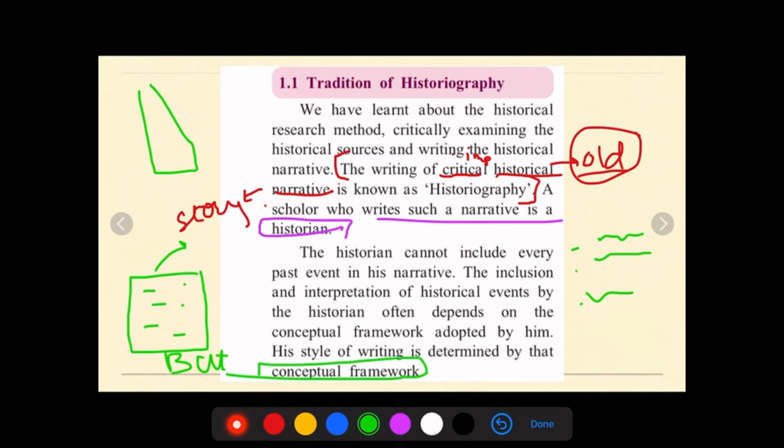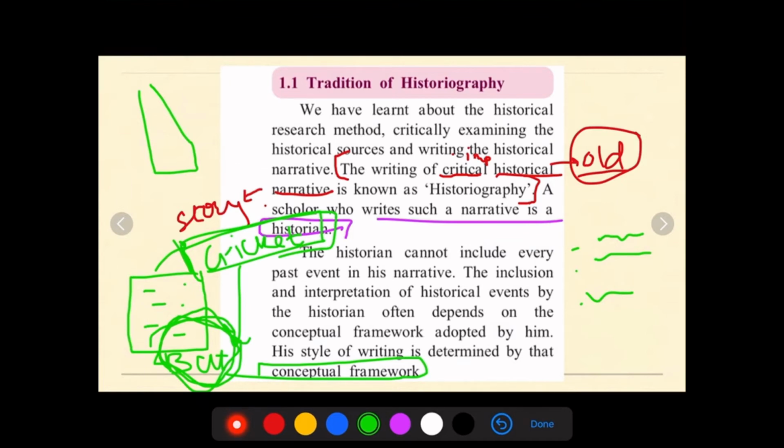Are you getting it? So the topic is about cricket, and the bat is part of the sport of cricket, but I don't want to study all about cricket, the stumps and all, or the ground, and what is the size of the ground, how many people are playing. So I don't want to study it. I just want to study about the bat, the evolution of the bat. If I want to study only that, this is my conceptual framework, only a particular part. So I will not include anything regarding cricket or the cricket ground or the size of the ground or how many players are playing in it. No, I will not include that.